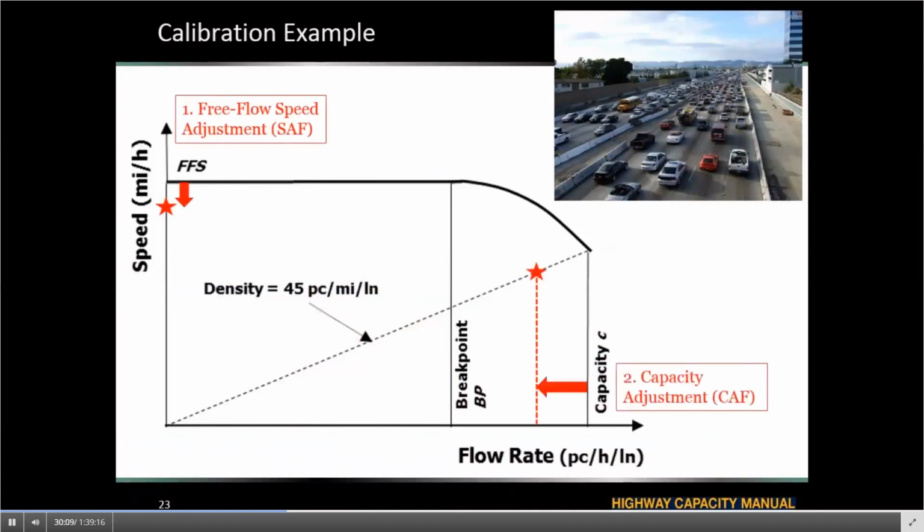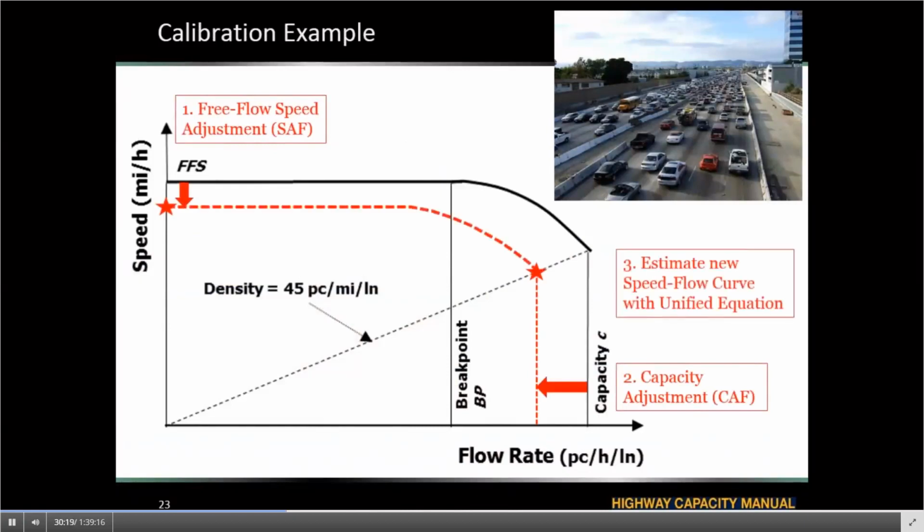Then our capacity has also been decreased, and as you can see on the graph, the new capacity is slightly lower than the previous capacity. Our new speed flow model will predict the speed flow relationship shown in the red dashed line, representative of the relationship between speed and flow at the time that we have this work zone.